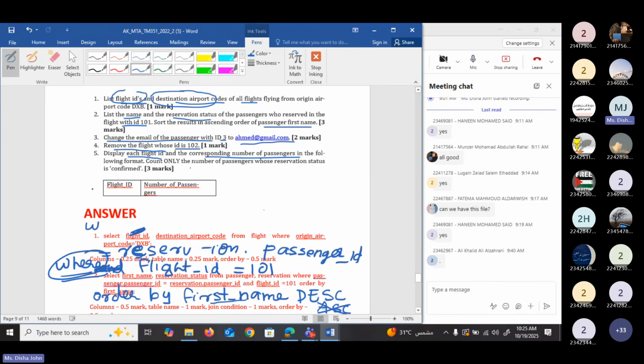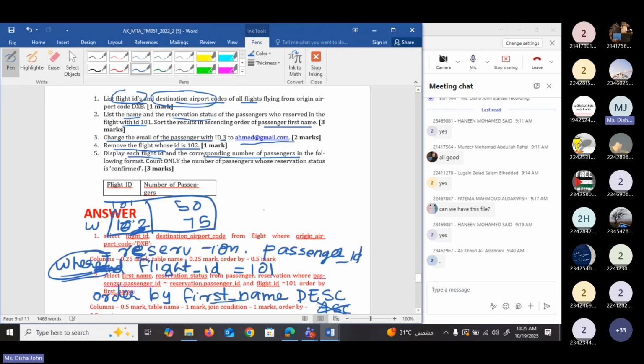We need flight ID as the first column and number of passengers as the second column. For example, 101, the number of passengers, let's say 50, and the next flight 102 and the number of passengers, let's say 75. So like that, we need to get a table format.